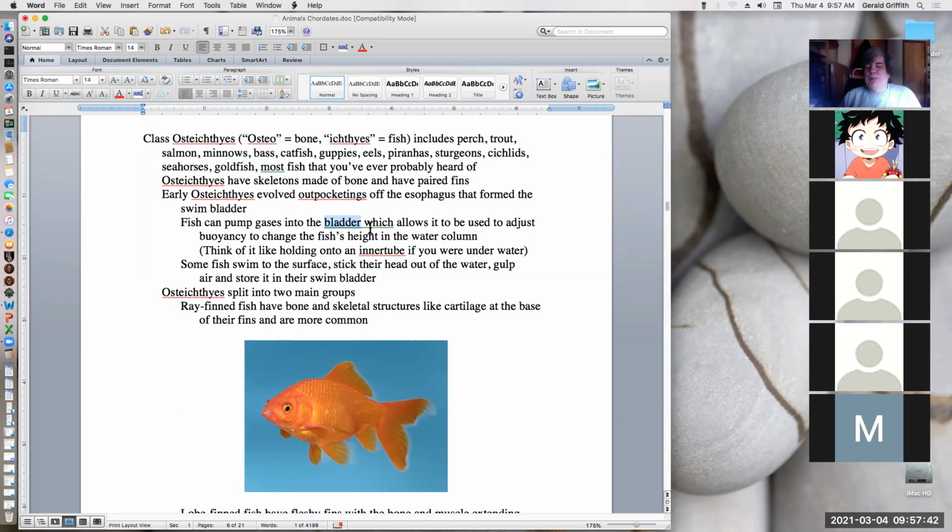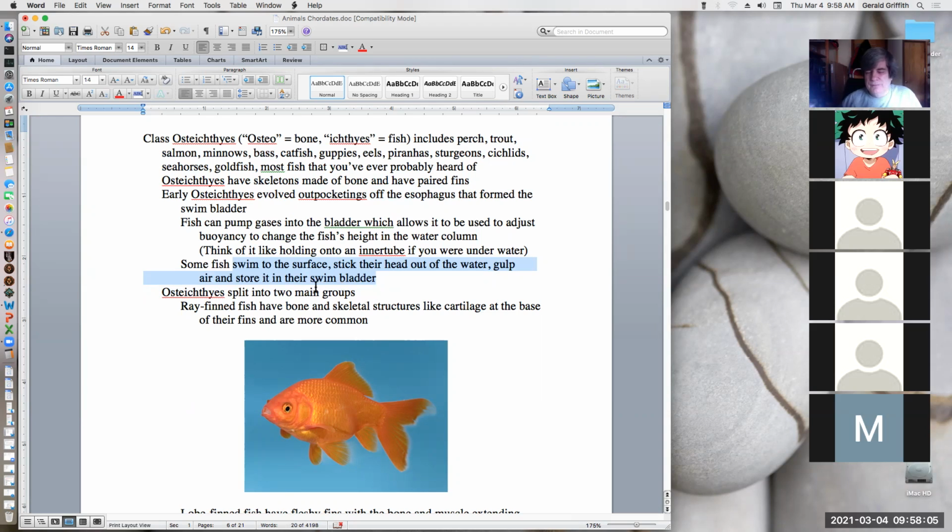And fish can pump gases into this swim bladder. And so this allows the fish to use this to adjust how high or low it is in a column of water. There are actually some fish that swim to the surface of the water that they're in, and they stick their head out of the water and they gulp air and put it in their